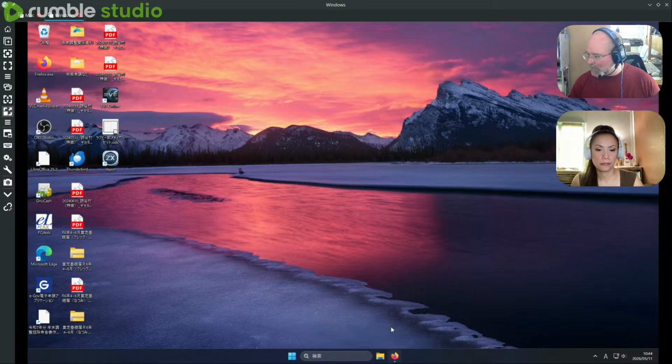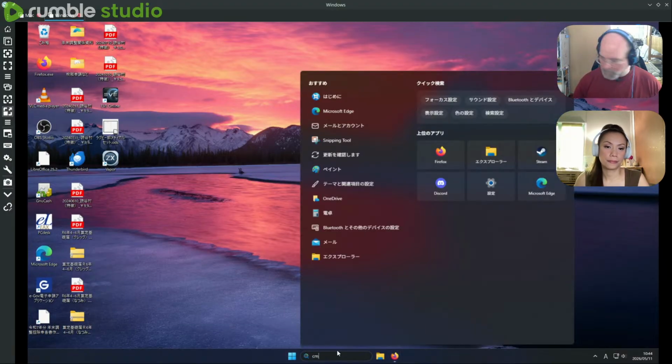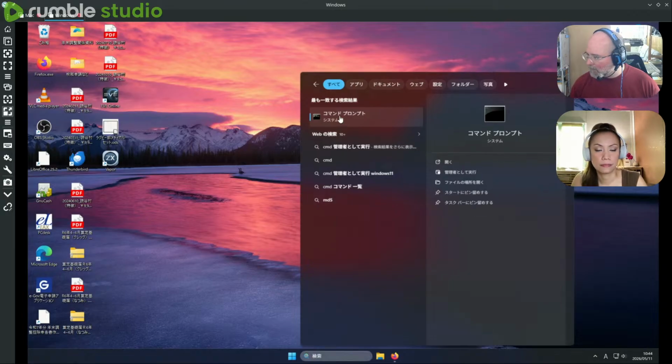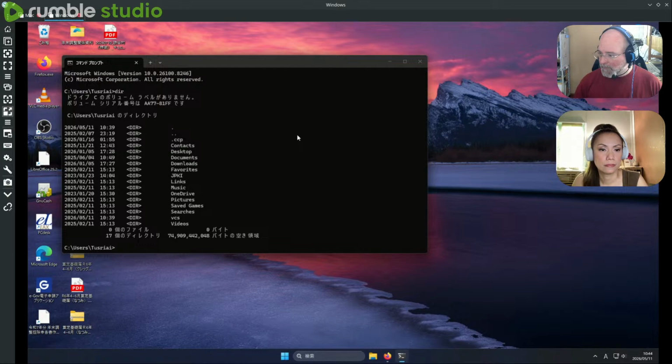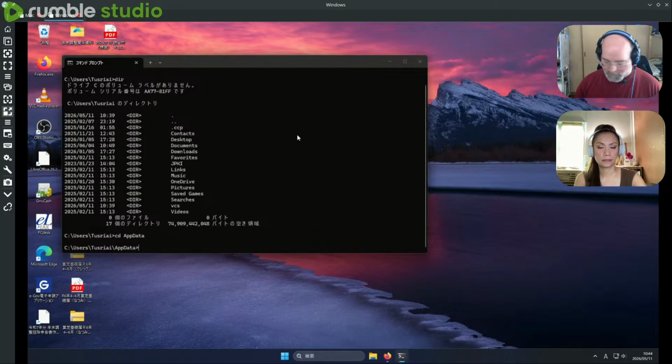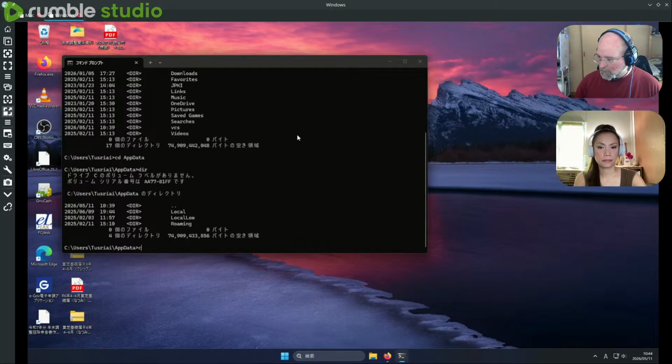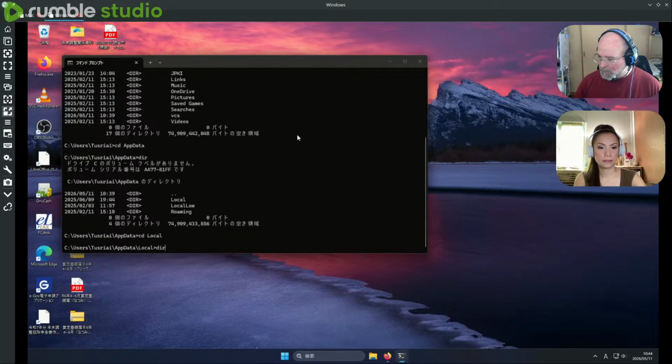Oh my goodness, we have a Windows kablooey. So let's check what that is. Okay. Let's see, cd AppData, Local.